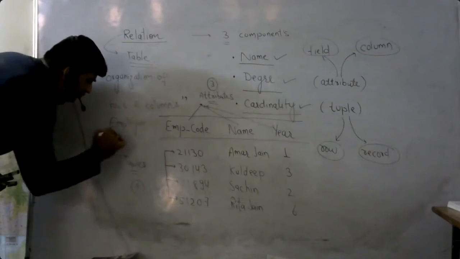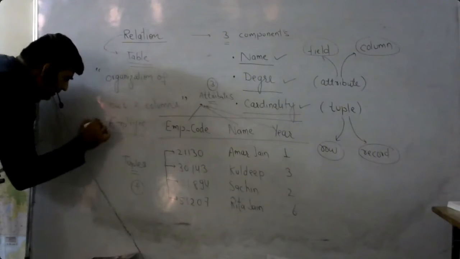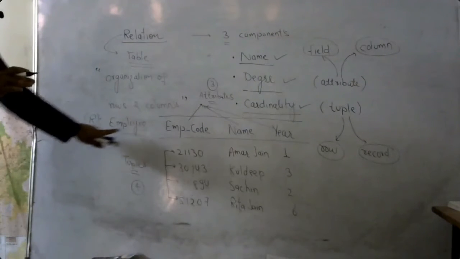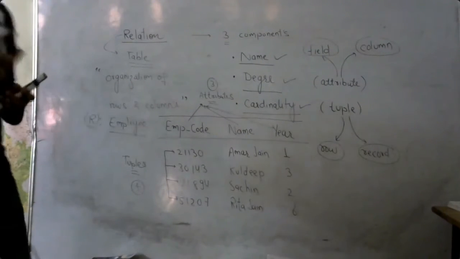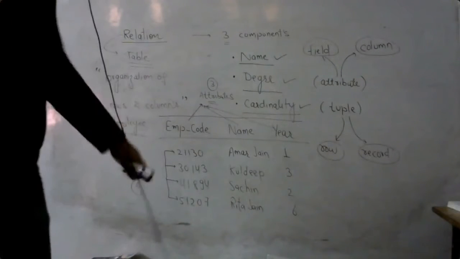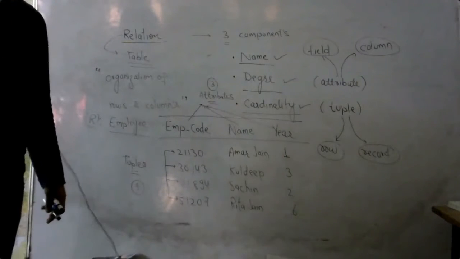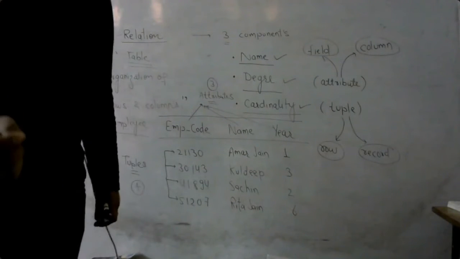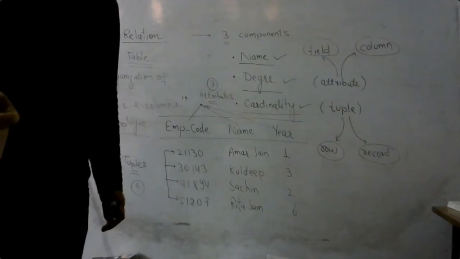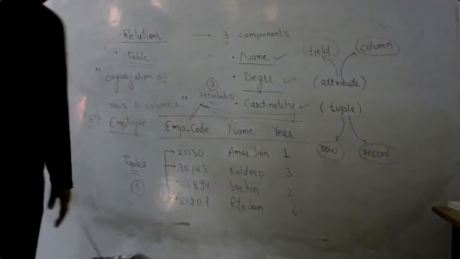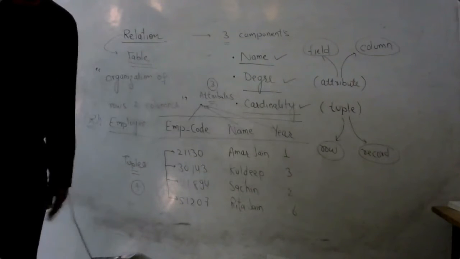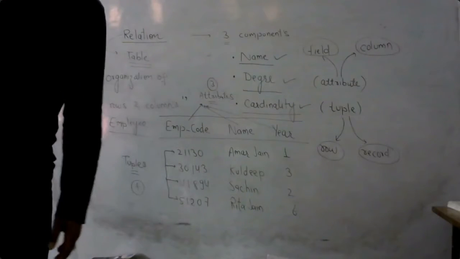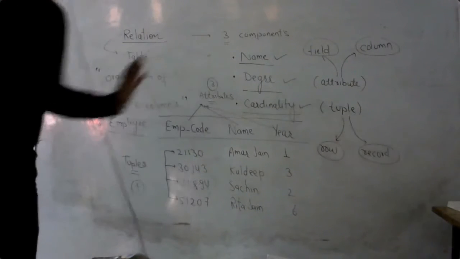We have given the name to the relation R. Whenever we need to represent the relation, we write R. Here the relation has employee, and this relation consists of 4 tuples. What is tuple? Let me again tell you. A row in a relation, a record in a relation is termed as tuple. And we talk about attribute, a field in a relation, a column in a relation is termed as attribute.